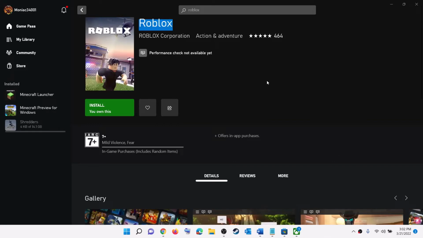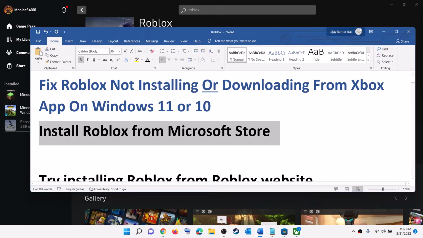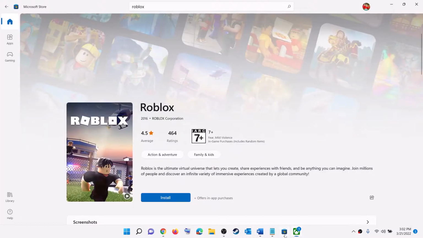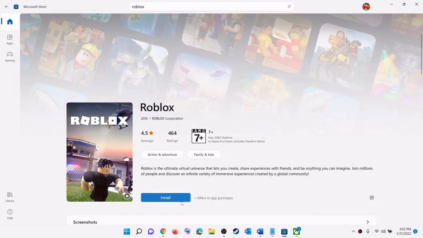Today in this video I'm going to show you how to fix when you're unable to install Roblox game from Xbox app on your Windows computer. So the first step is to install Roblox from Microsoft Store. So if you're unable to install it from Xbox app, open Microsoft Store on your computer. In the search box type in Roblox and then click on Roblox game and then try to install the game